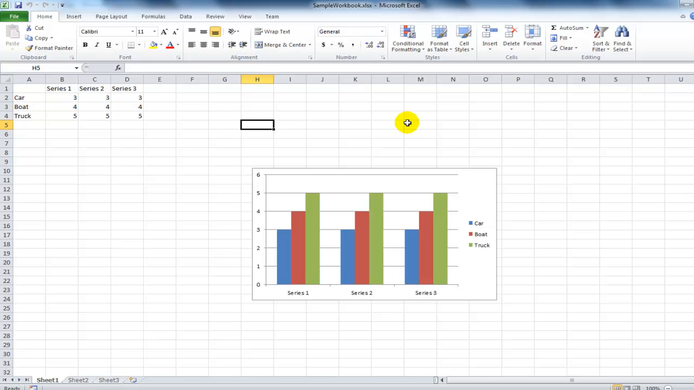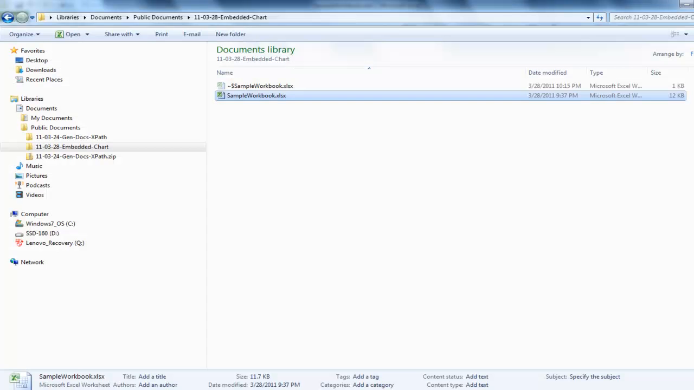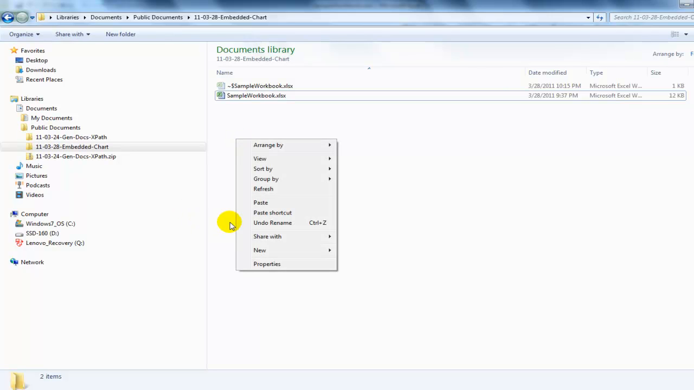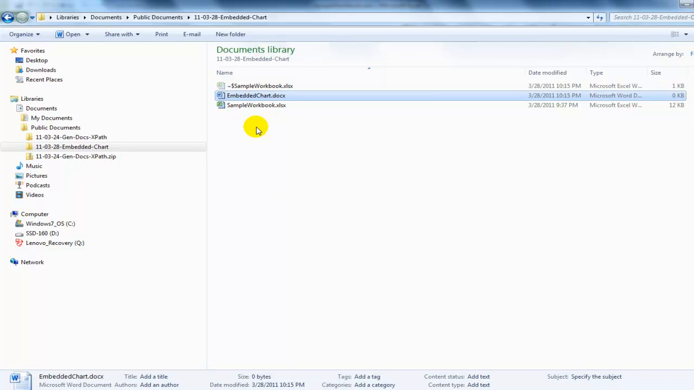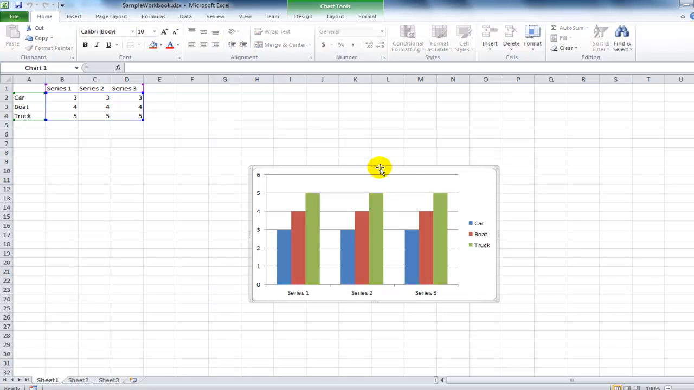First of all, I've created a pretty simple little spreadsheet here with a chart. This is nothing out of the ordinary. And I'm also going to come back here and create a new Word document, and I'm going to call this embedded chart.docx. Come over here and I'm going to click on this, and I'm just going to copy that chart,